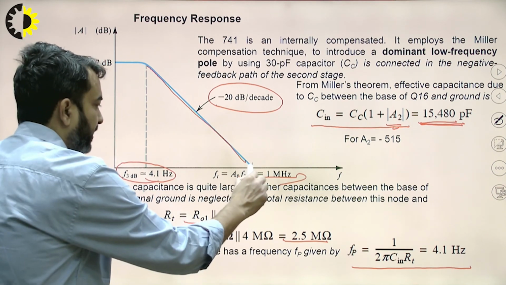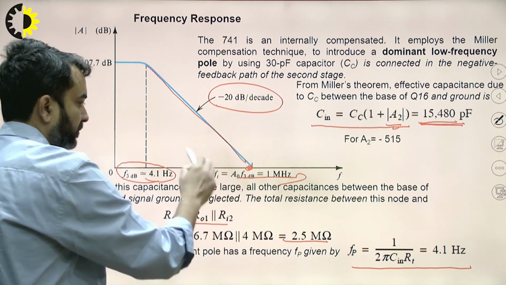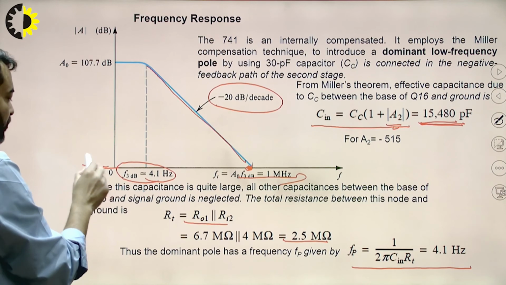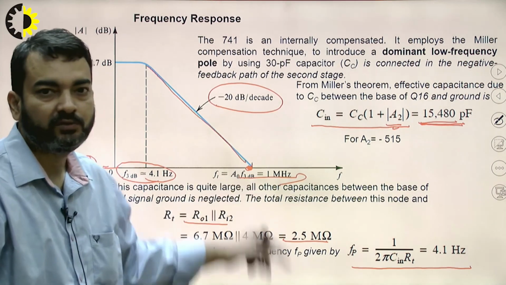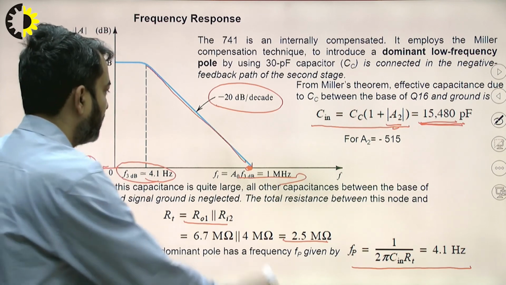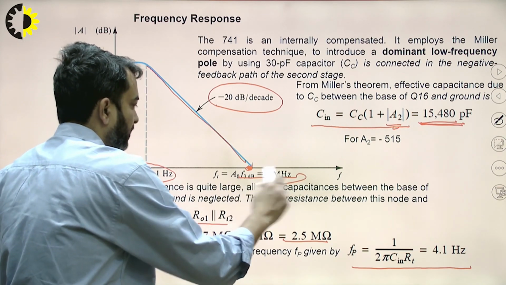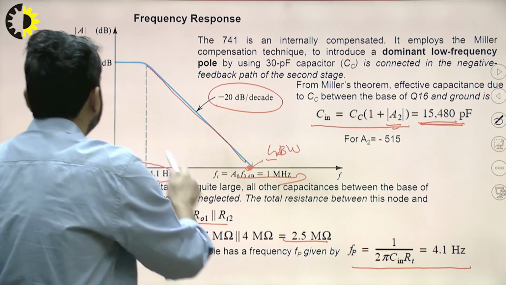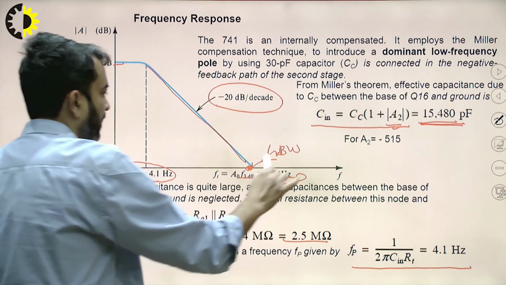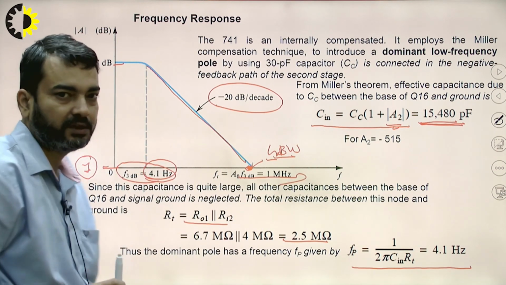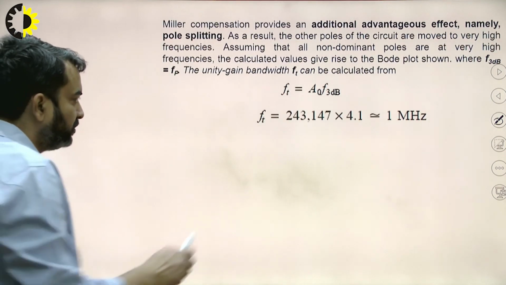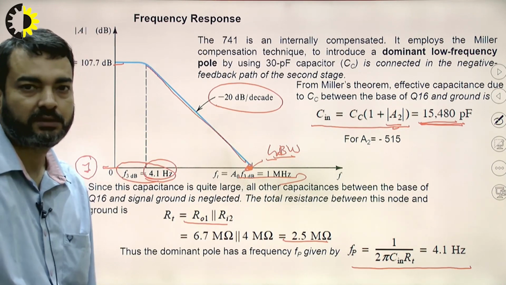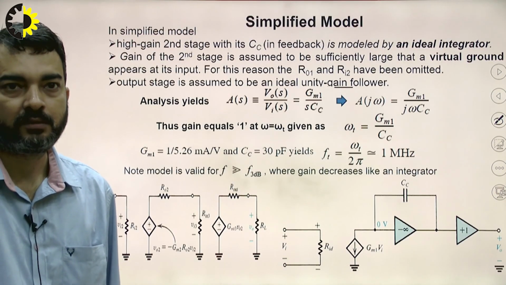So this is the point at which this response will touch unity. This is the dB axis, so this is the unity gain point. We will say this is the unity gain frequency, and this is nothing but also called the gain bandwidth product. So gain, which is approximately 10 to power 5, and bandwidth, which is nothing but the dominant pole frequency, this will come as 1 megahertz. So this frequency is close to 1 megahertz. This is also called the gain bandwidth product.